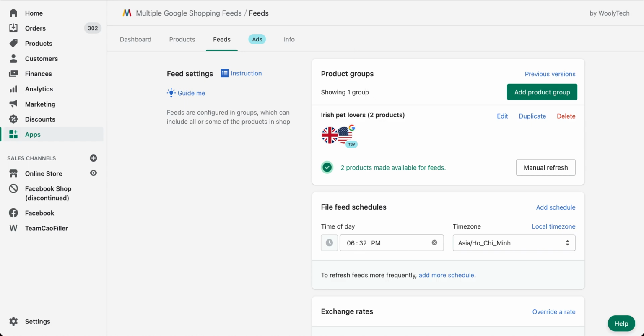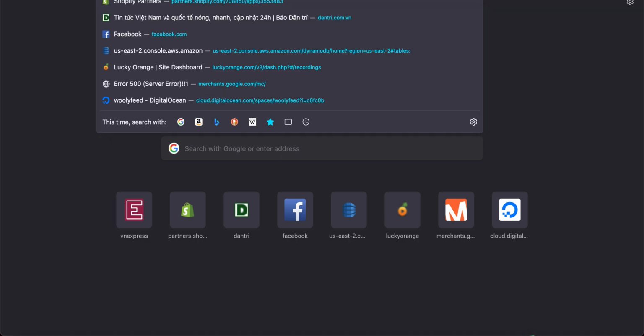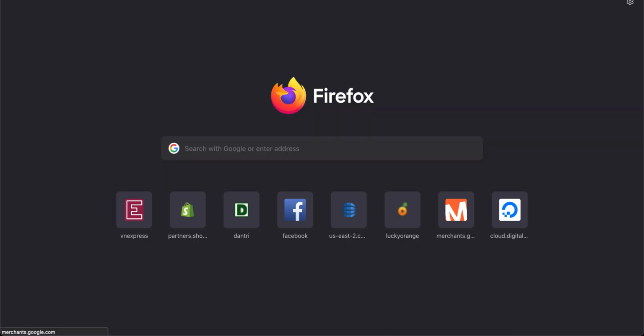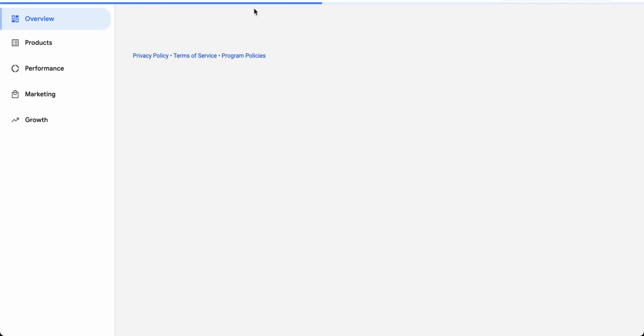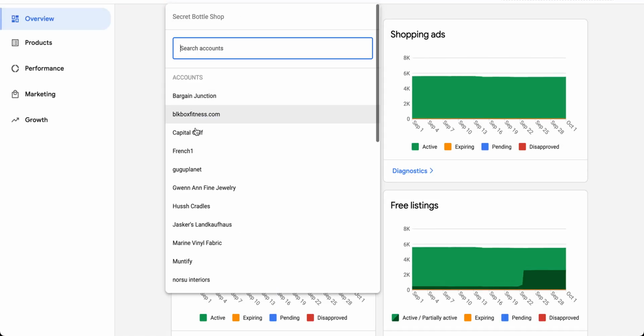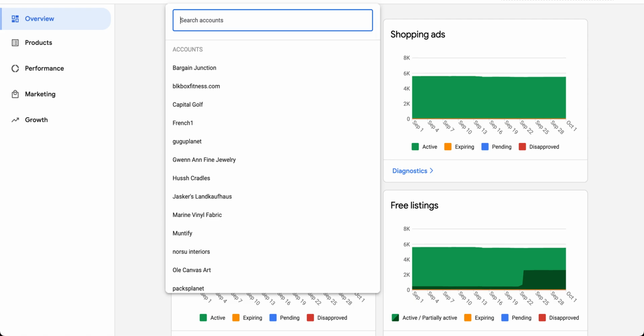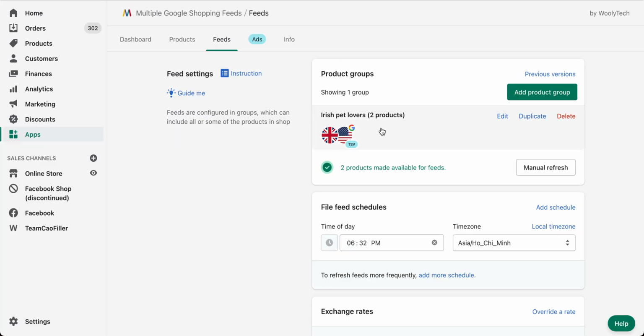Okay, let's have a look at the Merchant Center. Well, it is only a test merchant account, so don't be shocked if you find a lot of disapproved products in my merchant account.